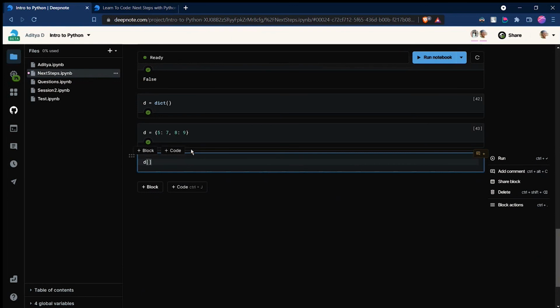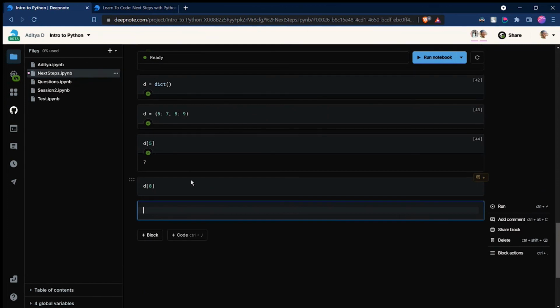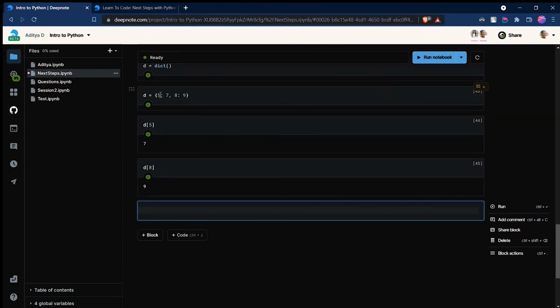So now d of 5 is the index which points to 7. It will return 7, and d of 8 would return 9. The objects in this dictionary are really flexible. They can take any Python objects. I just gave it an integer for simplicity, but you can give it a list. I guess the keys will be hashable types. You have to check out what that is. And the result, what the key will return, is properly flexible. You can have any data stored there.